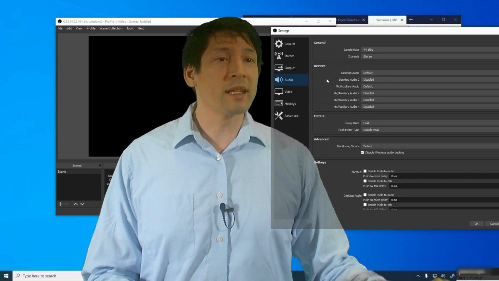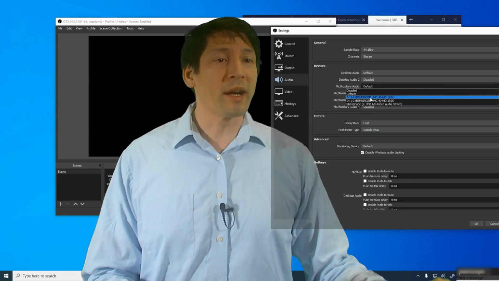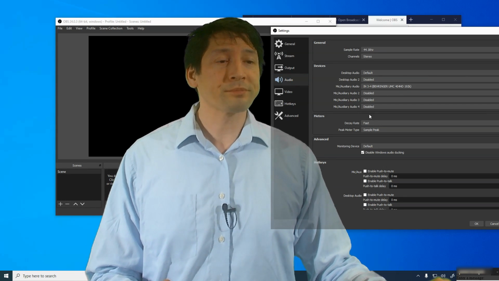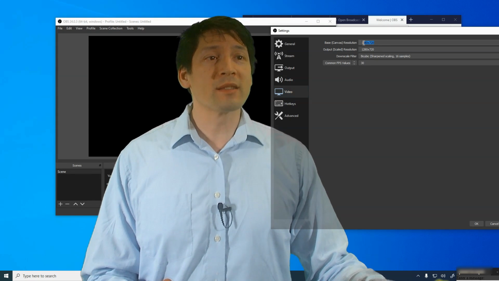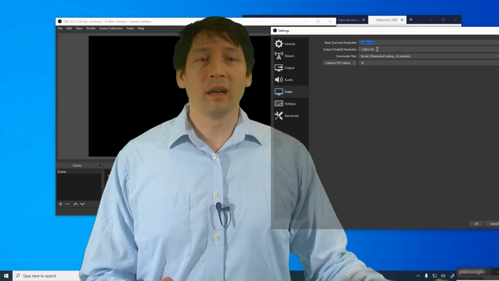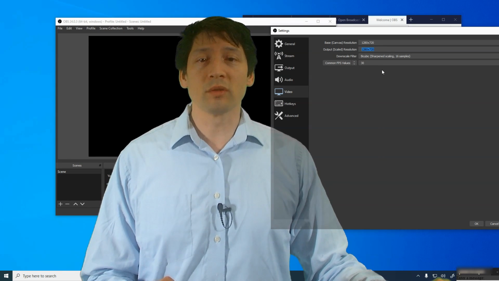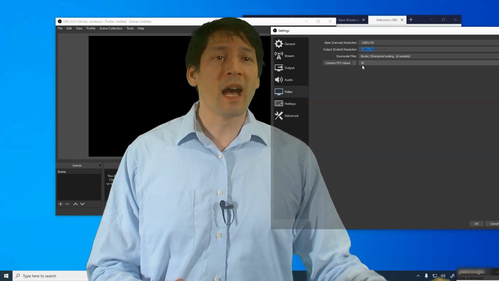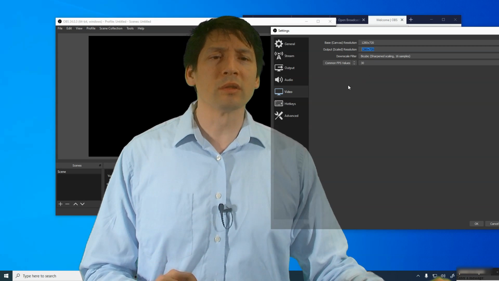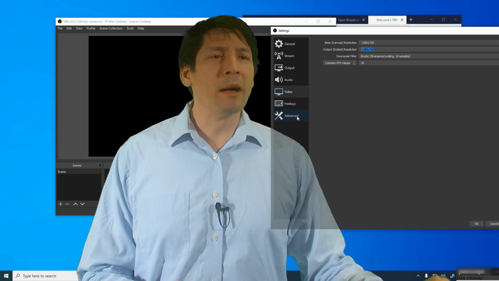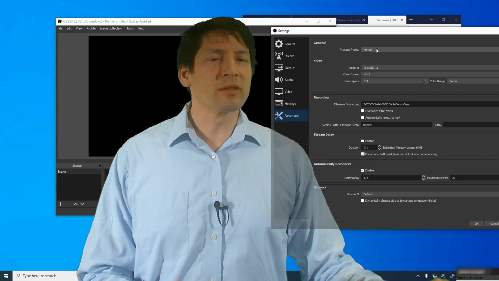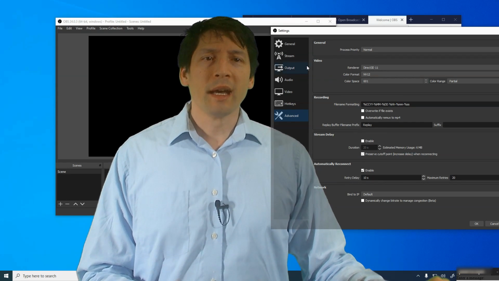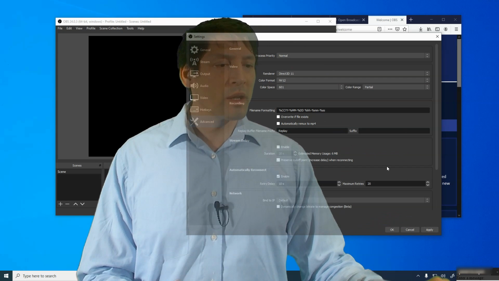For the audio settings, you can select here your microphone, for example. Yeah. And then here video settings. I would set these to these settings so that you have enough bandwidth for your students. 30 frames a second gives you a good quality. Also, here you can leave these settings to normal. All right. Once you have done this, you will be able